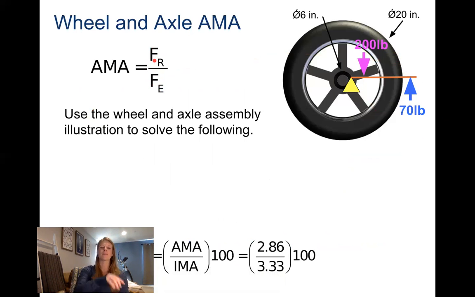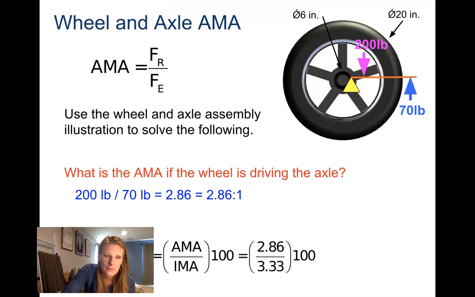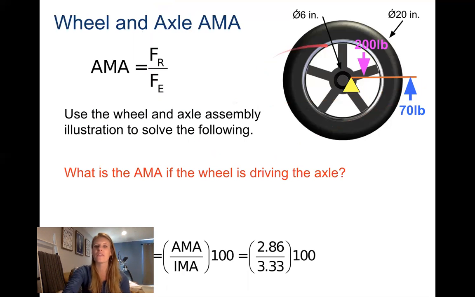And remember, it's AMA free. My resistance is on top and my effort is on bottom. That's opposite when we're talking about ideal mechanical advantage. So on this one, if I have my force on my axle, actually here, we're going to use the wheel this time. Actually, let me see what they're doing here. Yeah, they're using the wheel on this one. So if we're using the wheel to drive the axle,